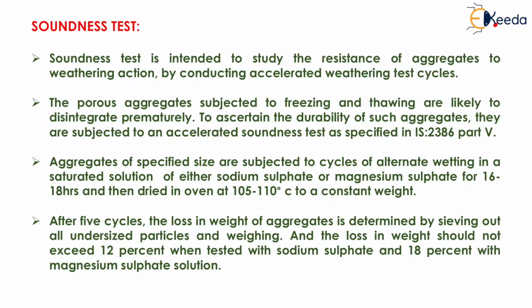Part 5. Aggregates of specified size are subjected to cycles of alternate wetting in a saturated solution of either sodium sulfate or magnesium sulfate for 16 to 18 hours and then dried in an oven at 105 to 110 degrees Celsius to a constant weight. After 5 cycles, the loss in weight of aggregate is determined by sieving out all undersized particles and weighing. And the loss in weight should not exceed 12% when tested with sodium sulfate and 18% with magnesium sulfate